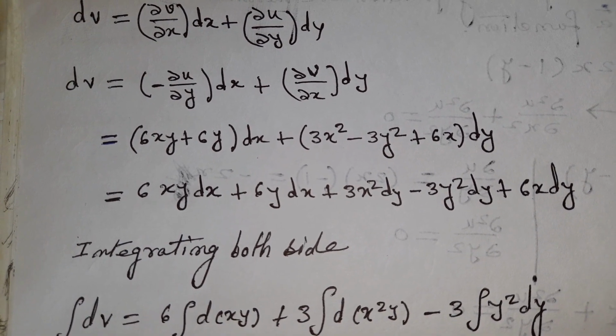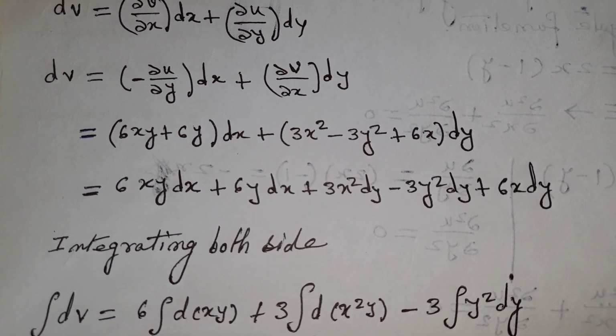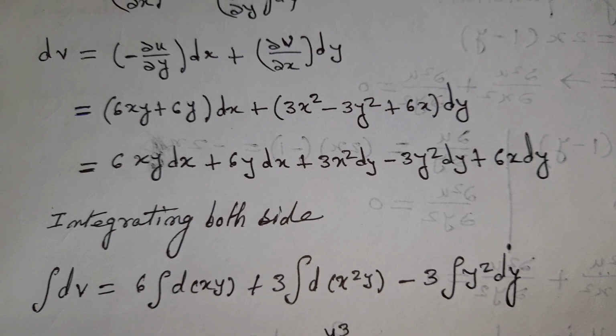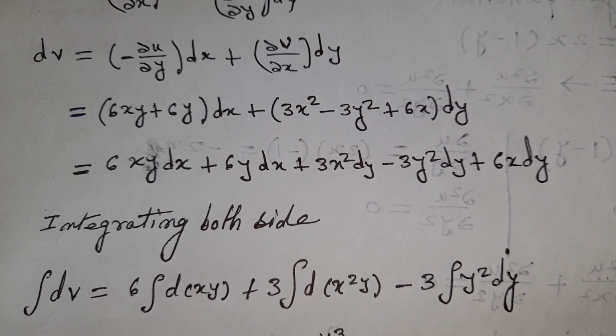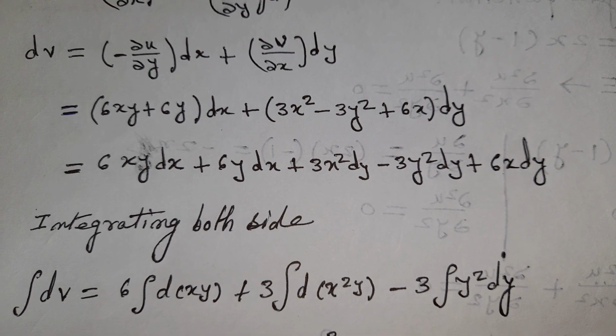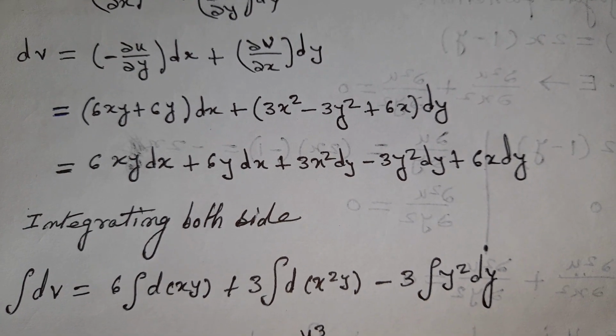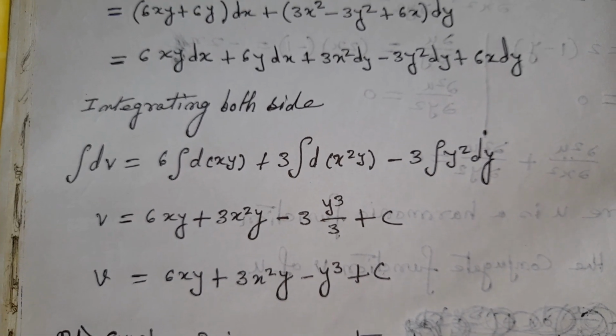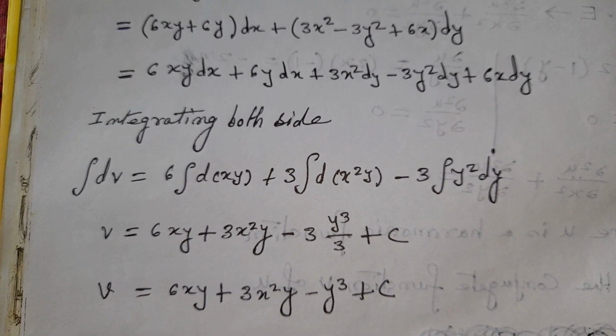So that is 6xy plus 6y dx plus 3x² minus 3y² plus 6x dy, and we can write that as 6xy dx plus 6y dx plus 3x² dy minus 3y² dy plus 6x dy. Now integrating both sides,